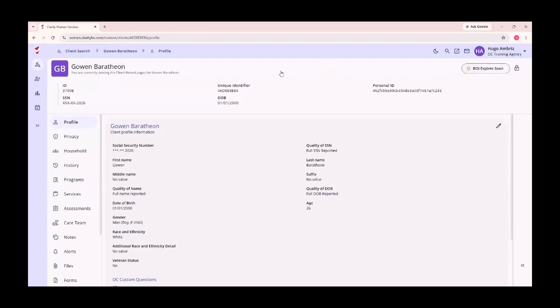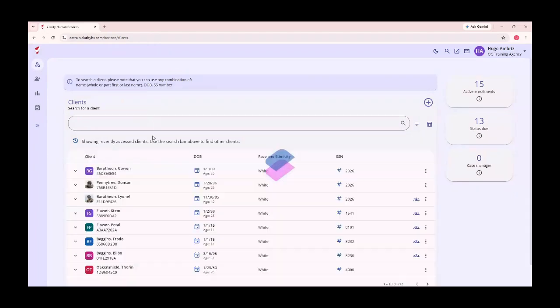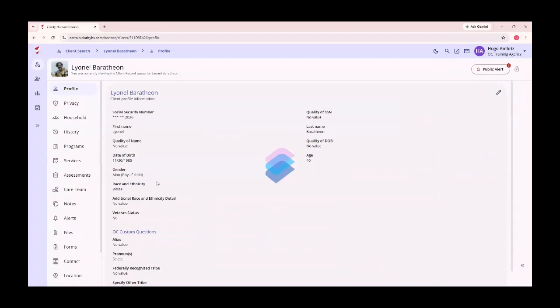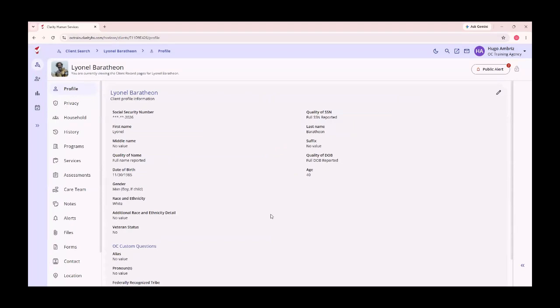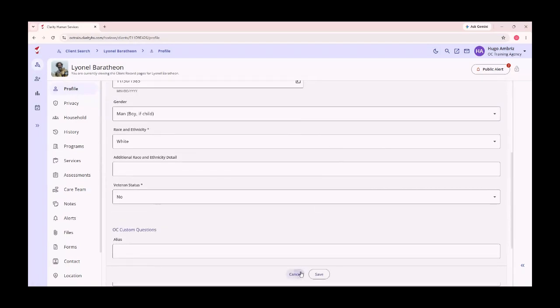and one must be added for the specific client. If we go back to our main test client, give it just a second to load, Lionel Baratheon, we can see here on the client profile page, if you do need to stop and update information about a client's profile, you can do so on the client's profile subtab by clicking on this edit icon right here